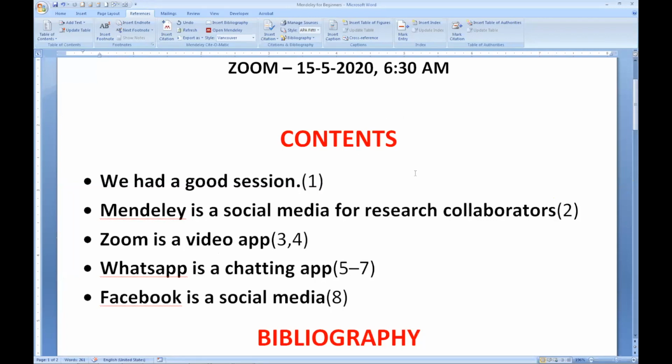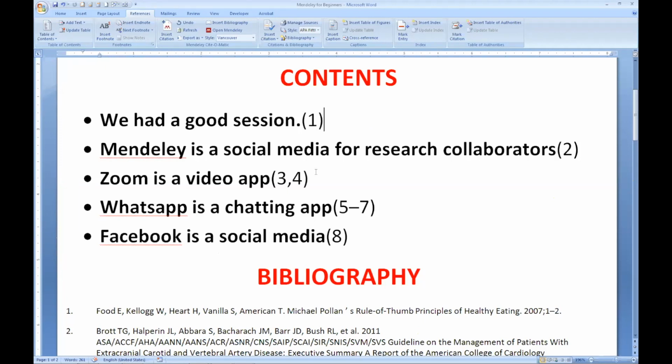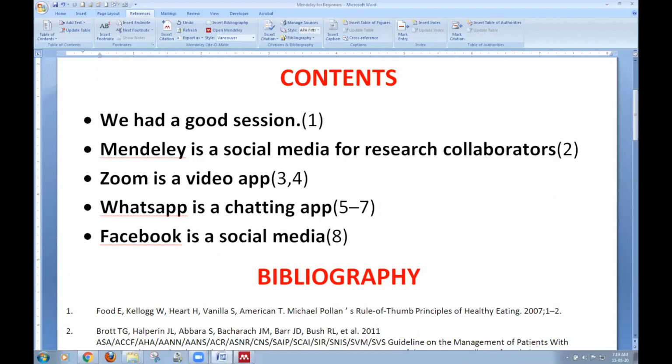Okay, so we have seen all these things. Where is Mendeley useful in the whole research project? You search online for finding some content for a literature review or for any evidence creation. What you search, just save to Mendeley, because you will forget what you have searched. When you organize your document, use Mendeley to read. And there is one more important feature that I have not mentioned in Mendeley.